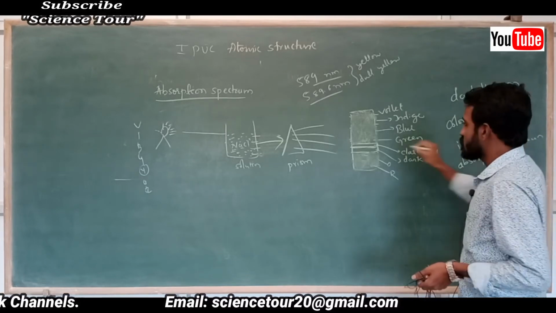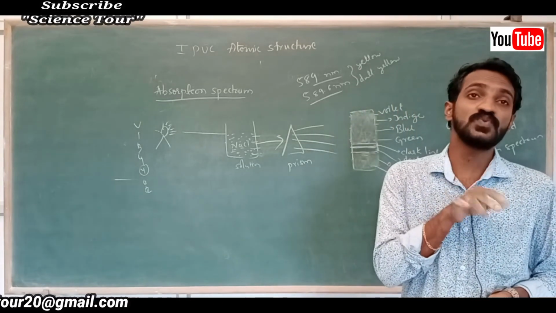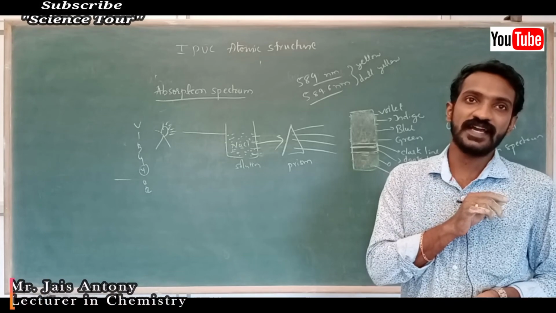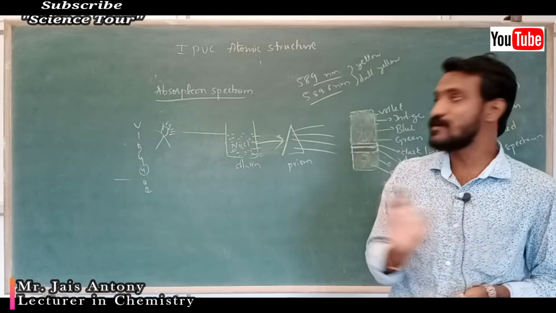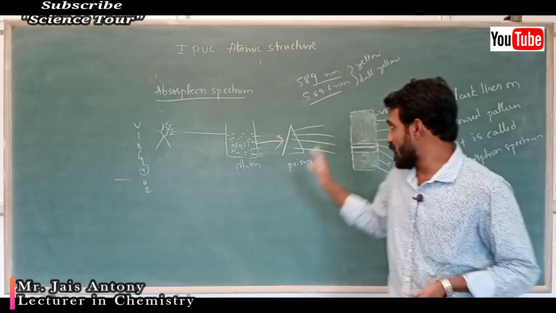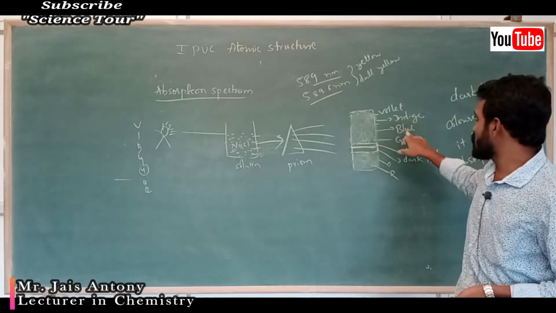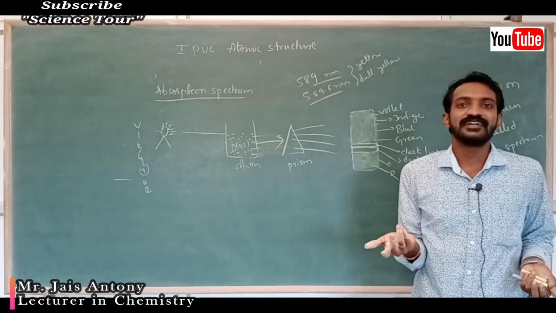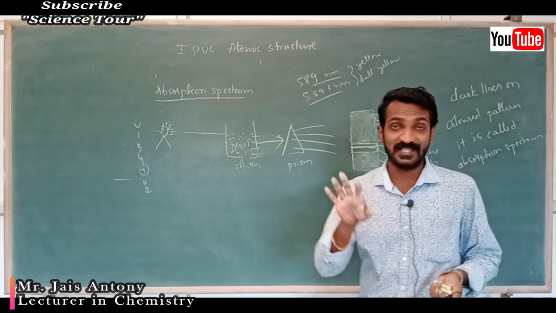Clearly you know that the dark line is because of what? Sodium absorbed two wavelengths. Which are the two wavelengths absorbed? 589 and 589.6. Yellow and off-yellow color absorbed by sodium. Remaining color gets transmitted and gives a pattern. But here to here, colored pattern is there: violet, indigo, blue, green. But in the place of yellow, dark color, it is absorbed. So you can say that dark lines on colored pattern.